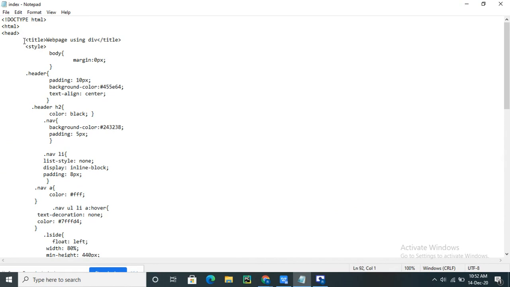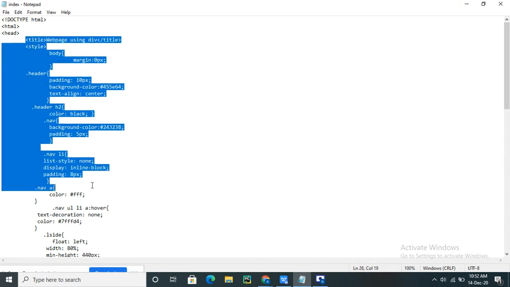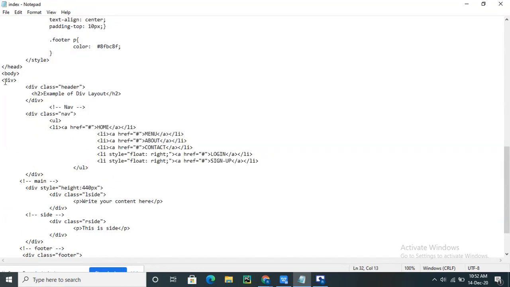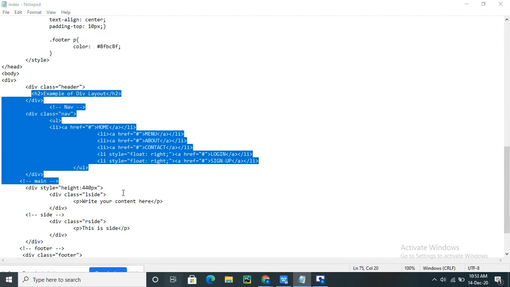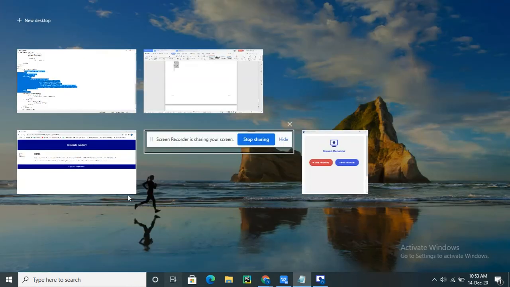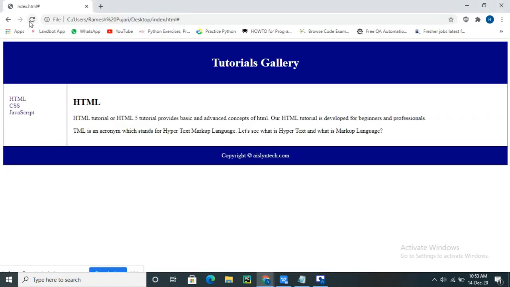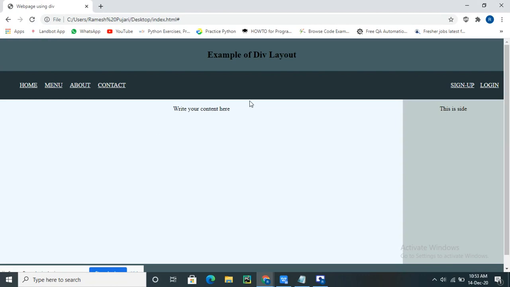I'm using the head tag, and inside that I'm applying these CSS properties. Now I'm using the div tag here. You can observe div class is equal to header. Here I'm applying div, meaning div is a class. Now I will refresh the browser so you can observe the output. This is how I'm using div class.